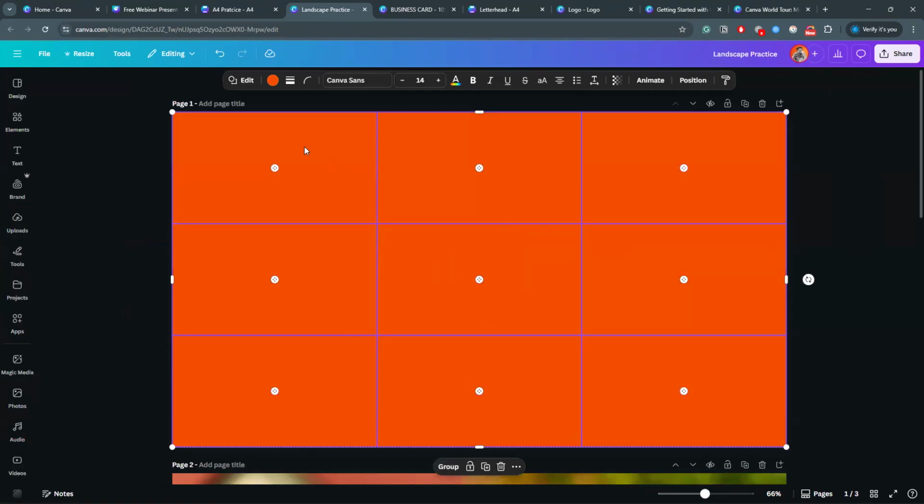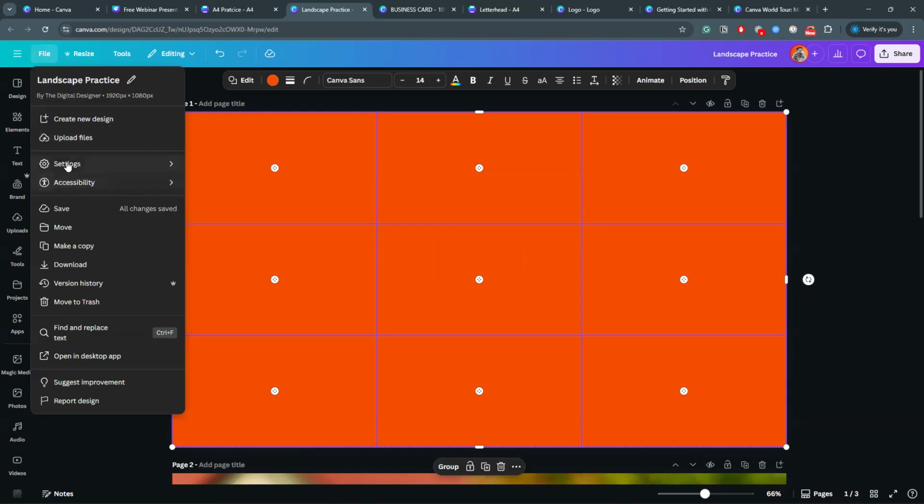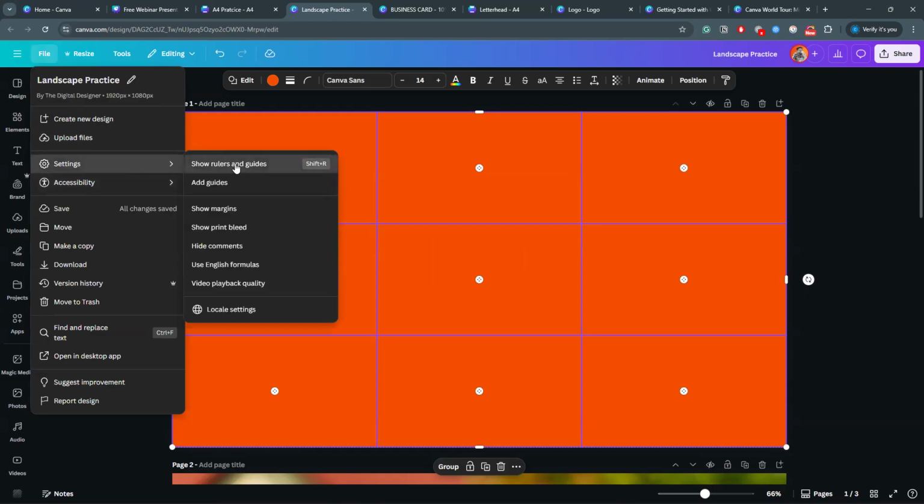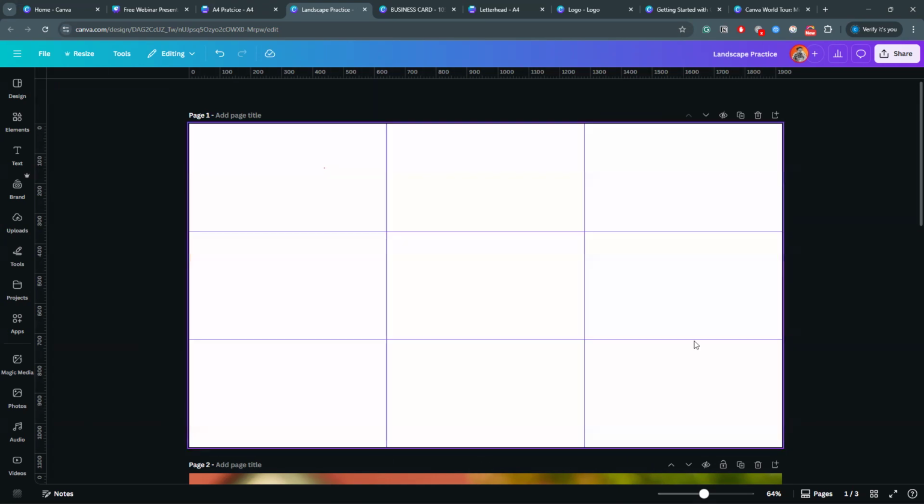To create a grid system, someone asked about grid, right? To create a rule of thirds grid, go to file, go to settings, click on show rulers and guides, then drag this one to this one. So if we delete the whole, we got our rule of thirds grid, okay?